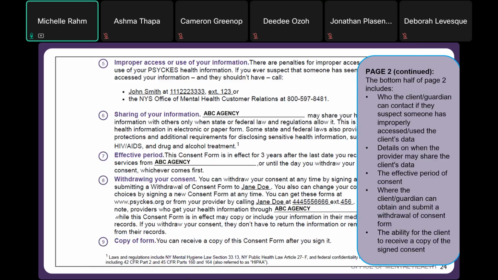Then below that, it'll talk about when the providers can share the client's data, the effective period of the PSYCKES consent, and then below that, in number 8, this is an important section on where the client can get the withdrawal of consent form from. So they can either get it by calling Jane Doe at this phone number. It can also be obtained on our website, psyches.org,